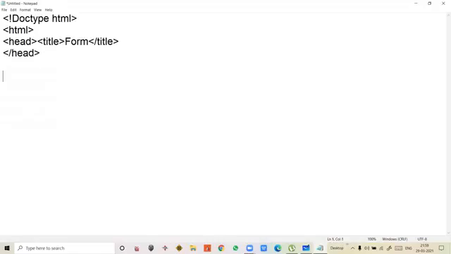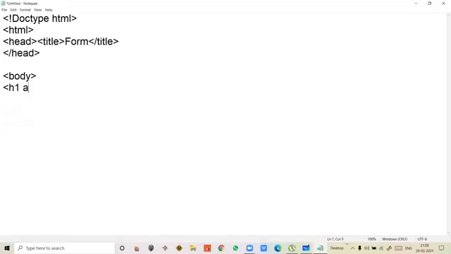Now next move to the body part, in which our main content will be, whatever we have to show in the window, the screen. Those things are going to come in the body part, because body is the main content building tag. As we have seen, the heading should be largest, so we will use the H1 heading.